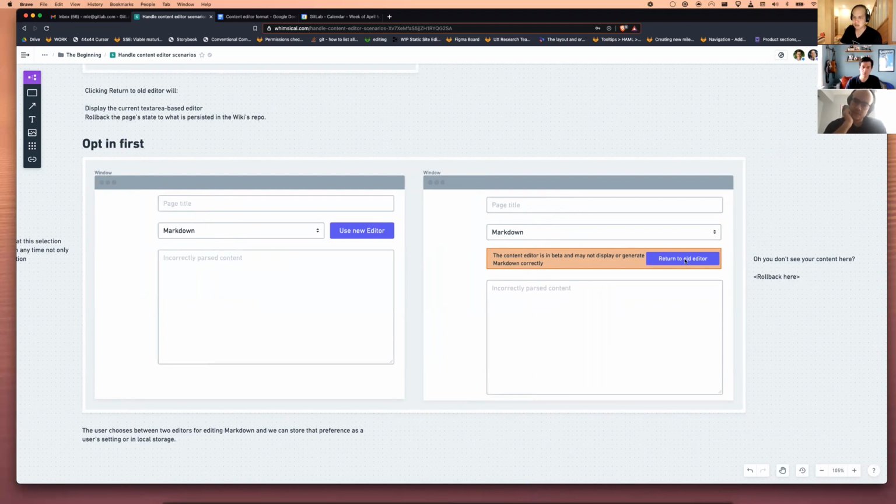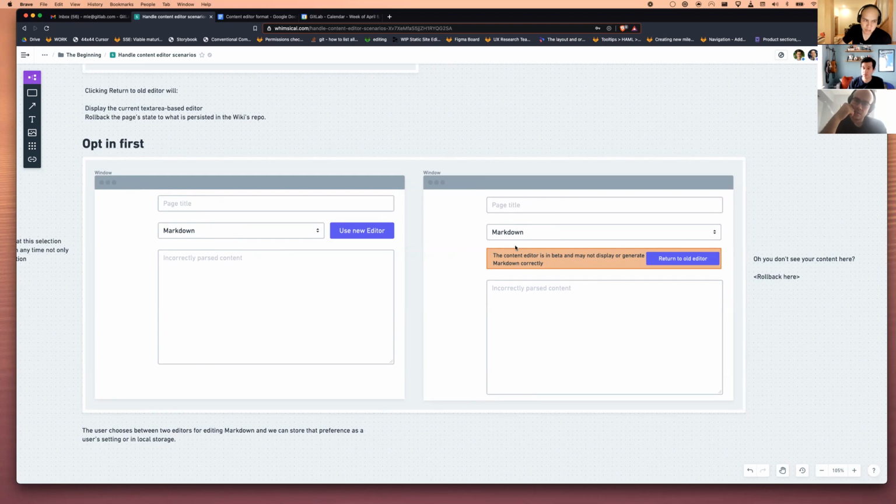So here's one of return to old editor, but the other scenario that was mentioned was, oh, that mermaid diagram that I expected is no longer here, or that pulling of that data file to generate the table is totally gone. So this page looks kind of different. Those are scenarios where rollbacks might be needed, or going back to the old editor might be something that's useful here. Or some kind of history thing. Yeah,